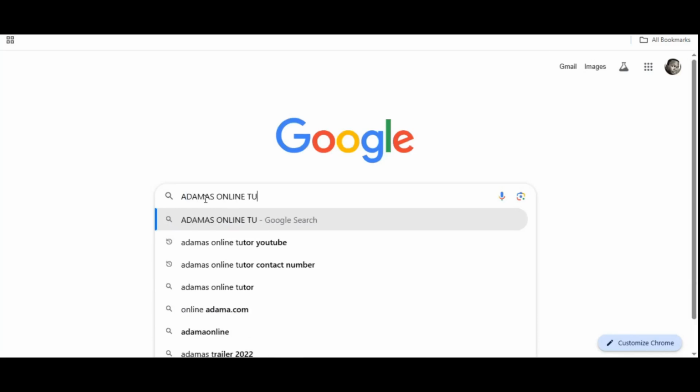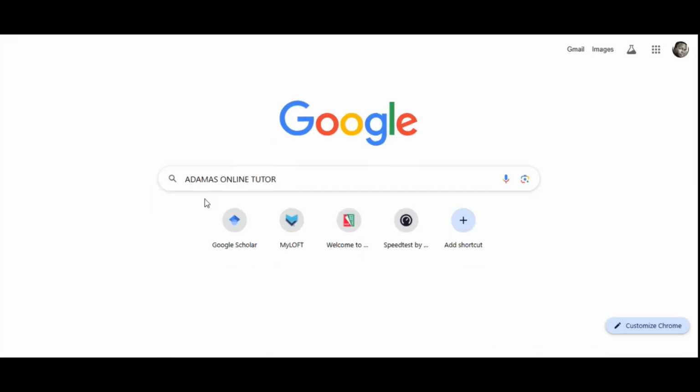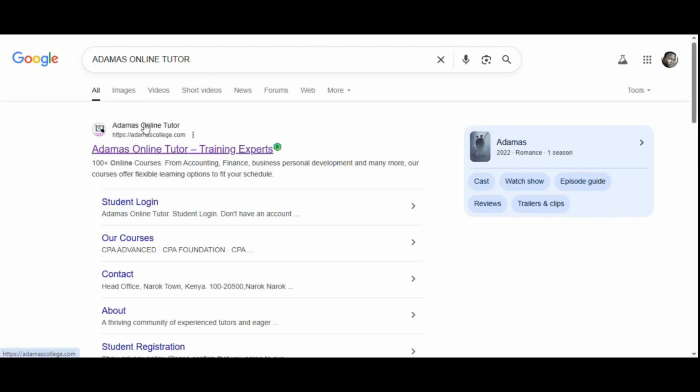That is the first way. If you type Adamas Online Tutor within your search engine, you look for adamascollege.com. Alternatively, if you don't wish to search Adamas Online Tutor in Google, you can proceed and just go